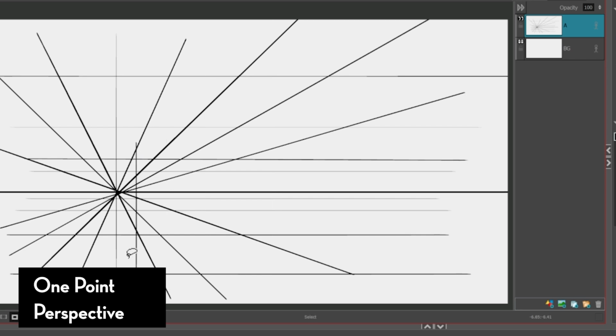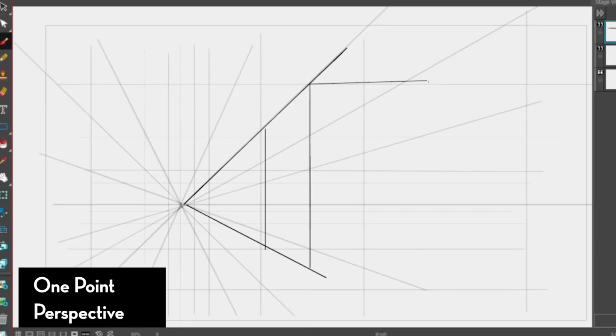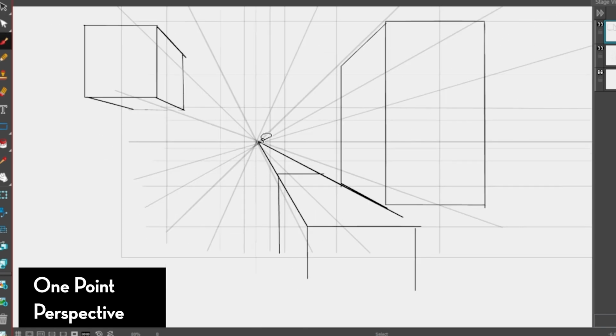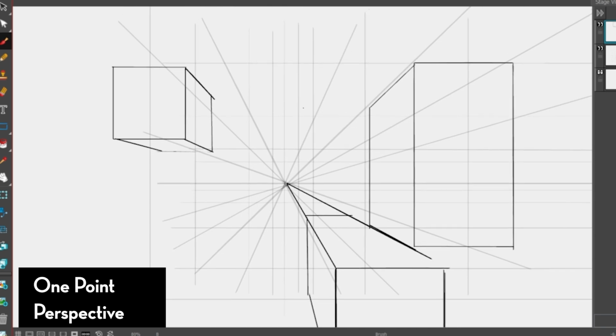By doing this alone, we've already prepared something to work off of to allow us to draw something in 1-point perspective. We can now use this as a guide to draw our background or work on 1-point perspective related shots. You can draw a hallway or a little room for yourself. Maybe draw little boxes and props using the vanishing point as a guide. I'm going to draw just a bunch of boxes using the vanishing point as a guide. Feel free to join me on this one, by the way.